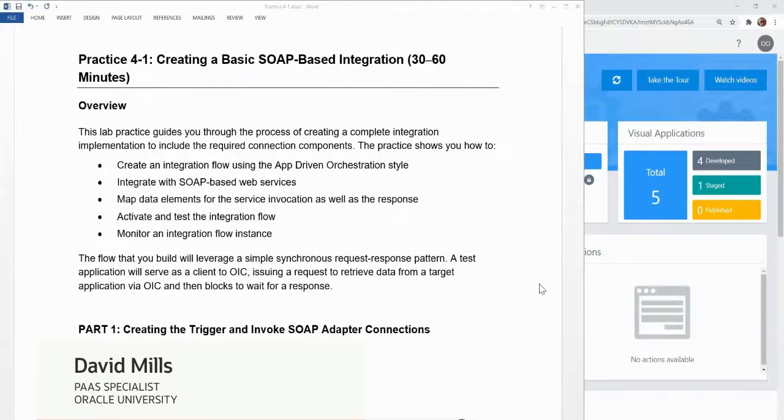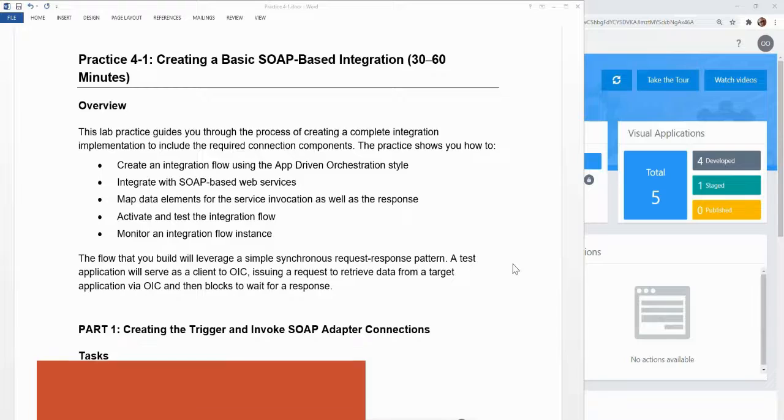All, so let's get started. For this SOAP integrations exercise, creating a basic SOAP-based integration, I encourage you to look at the overview of the exercise. Essentially, we are creating a new integration this time from scratch,